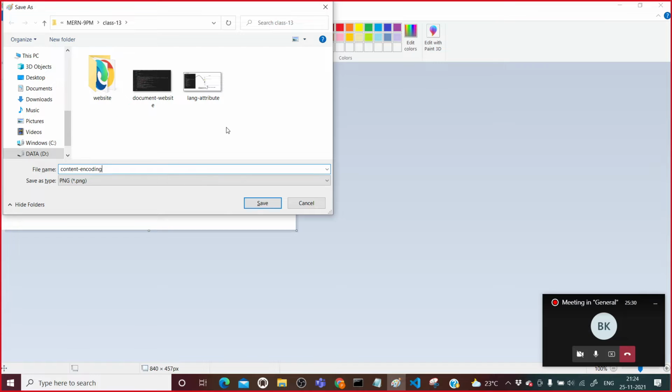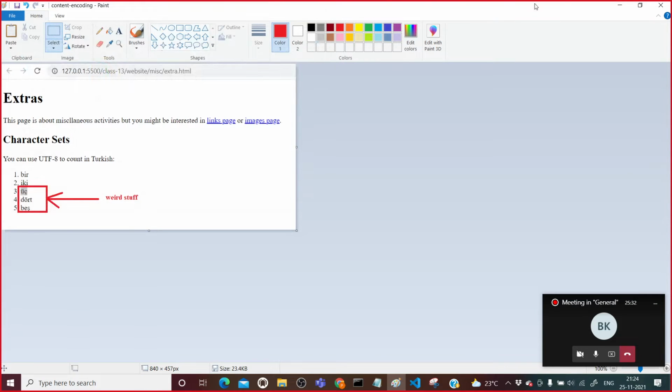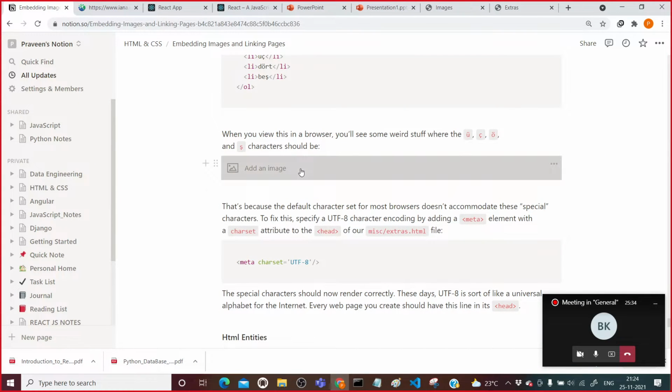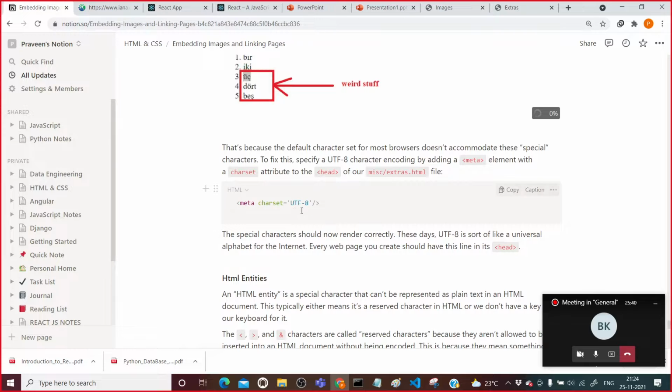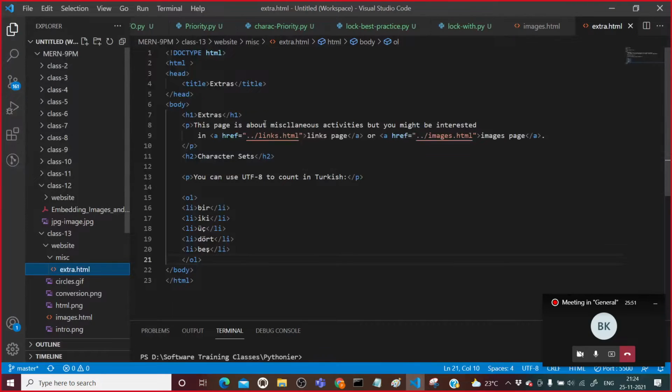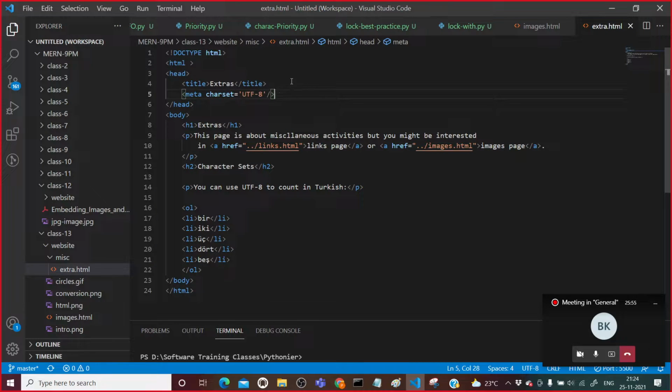After that I will fetch it here. See how we are going to make use of this character encoding. It must be inside the head section of our HTML web page. So I will come here and inside head, just below title, add it.